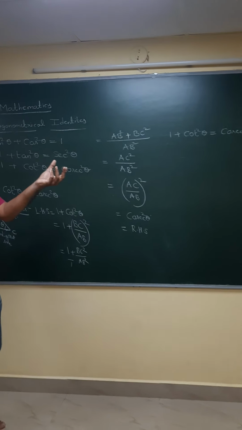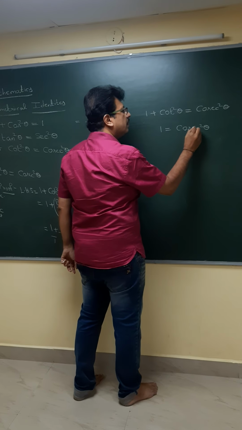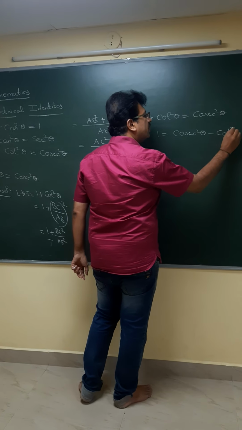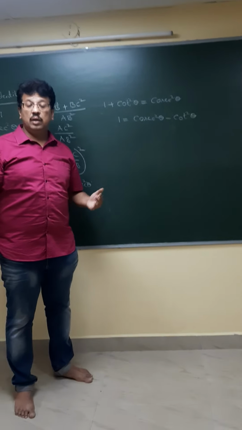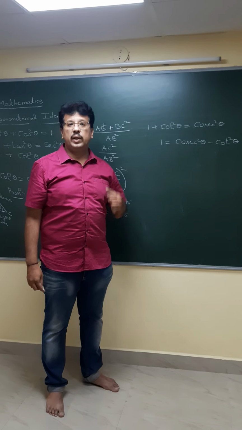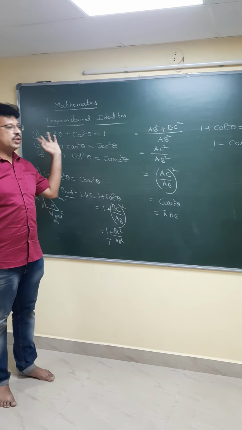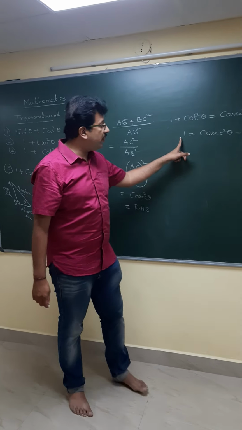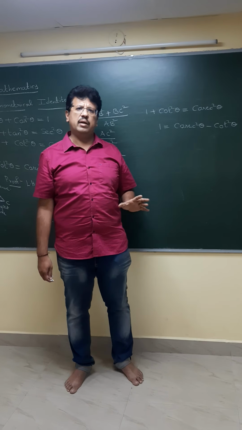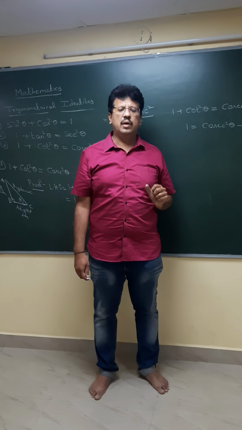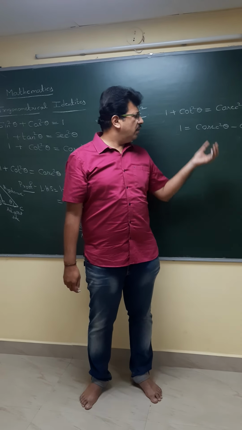So using this identity, we can also write 1 is equal to cosec square theta minus cot square theta. This is actually like solving the problems, no? You learned sin square theta plus cos square theta equal to 1. You also learned in the previous identity secant square theta minus tan square theta is also equal to 1. Now a third time, 1 can also be written as cosec square theta minus cot square theta. So children, you should be able to understand when to apply this identity. Application of identity is very important. As you see the sum, you should be able to understand where to apply it.